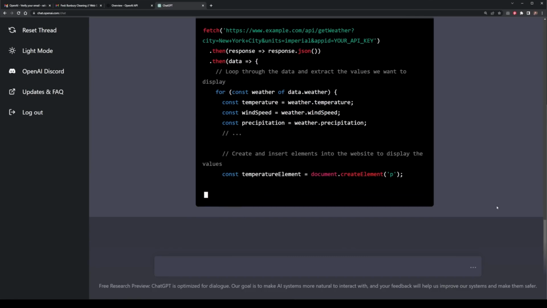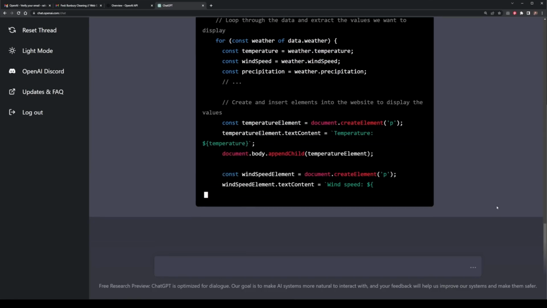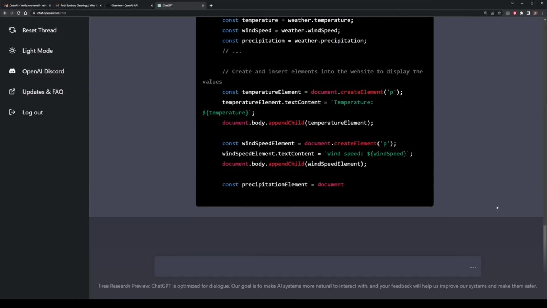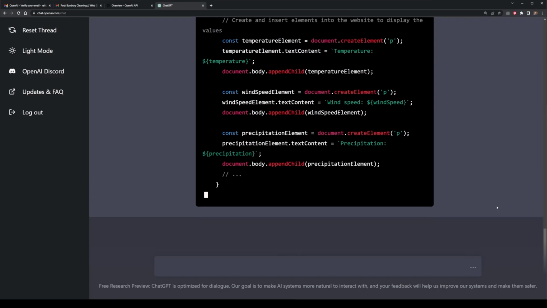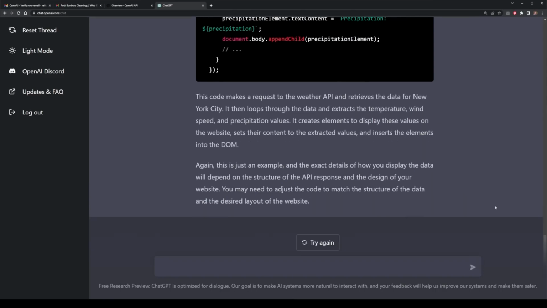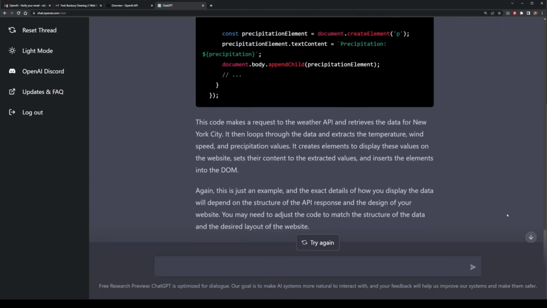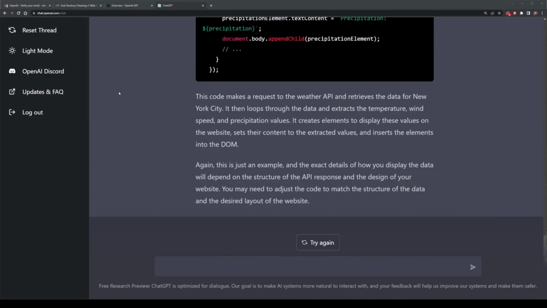After it pulls out the values of temperature, wind speed, and precipitation, it's then going to create the JavaScript code to place them into a website using p-element tags and then append them to the website body. Finally, it's going to go through the code here and explain exactly what's happening like I just have been, where it's using an example API with example code, so you really need to update this to make it work for